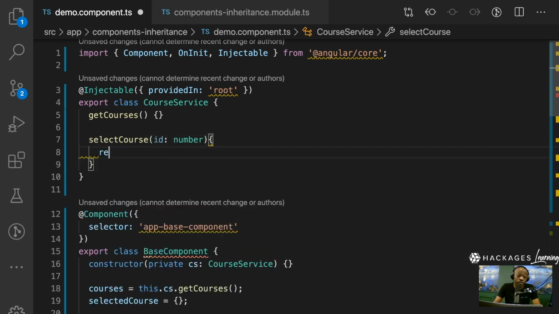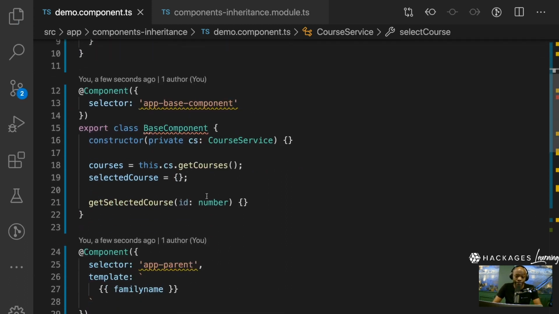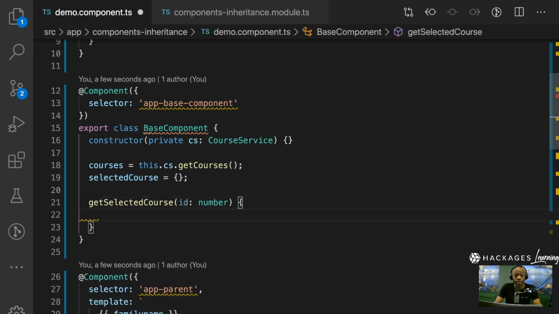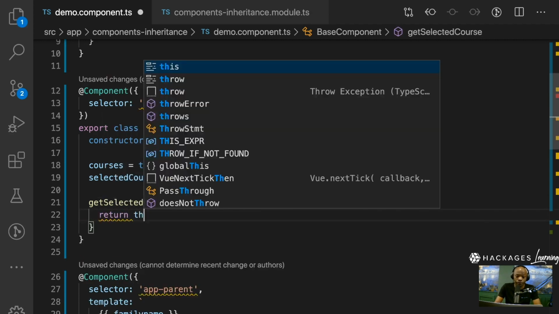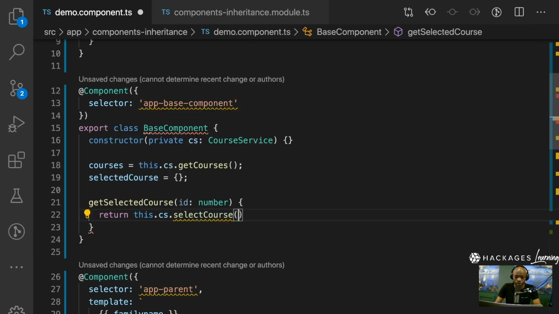So I'm inside the service, and you're going to return something, that we don't really care about here. So the point there is to say, now that I have this, I can just say this return cs dot select courses, right? So this one's going to return something of type